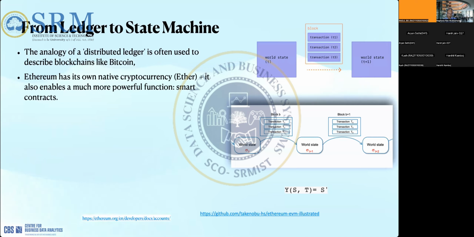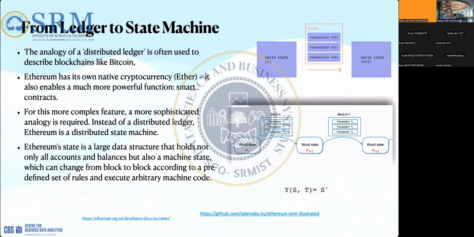Remember, for smart contracts to work efficiently, we needed to move from a transaction-based ledger to an account-based ledger, because now we need to take care of the account balances and things like that. Otherwise, it's not possible to execute the smart contract in an efficient way. So that's why Ethereum is called a state machine.